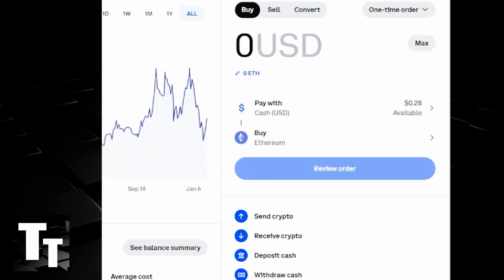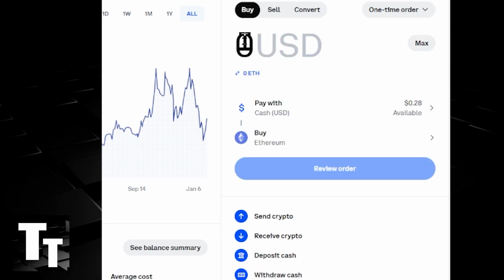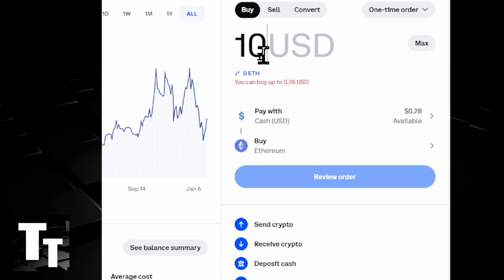Go to the top right hand screen. You can click buy. Click the drop down arrow. As you can see, you can buy this as a one-time order, a limit order, or a recurring buy. And then as you can see, you can pay, type in the amount you would like to purchase, and then